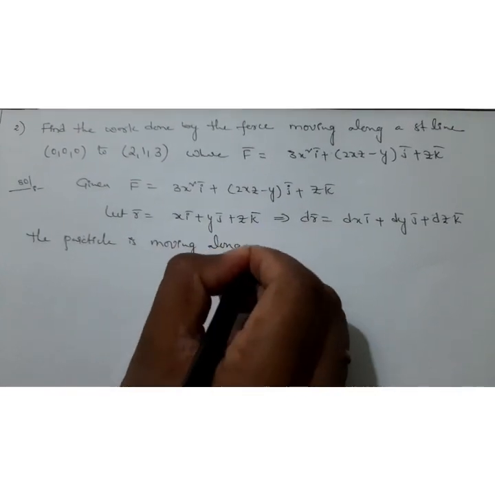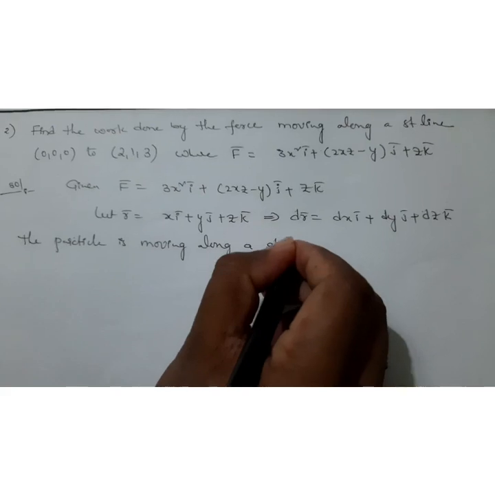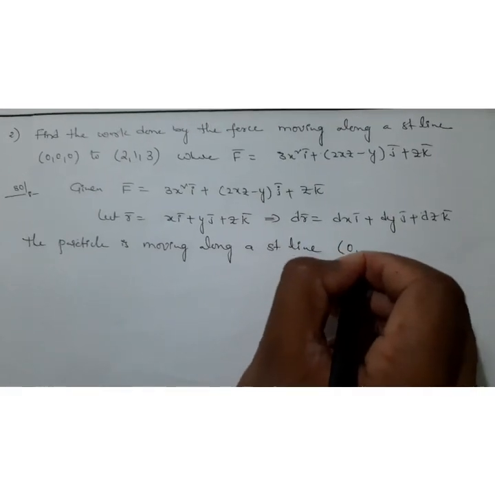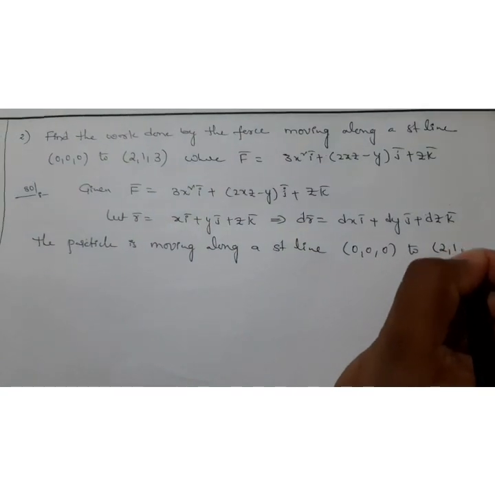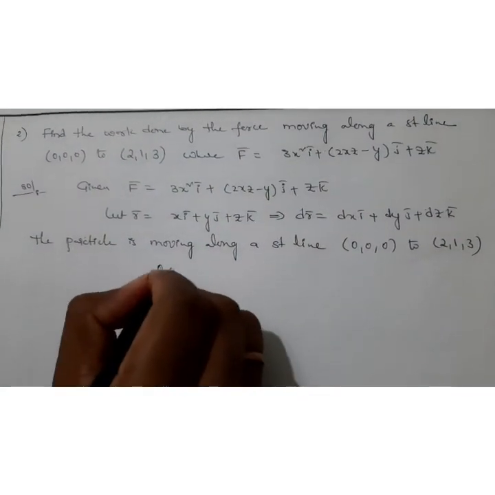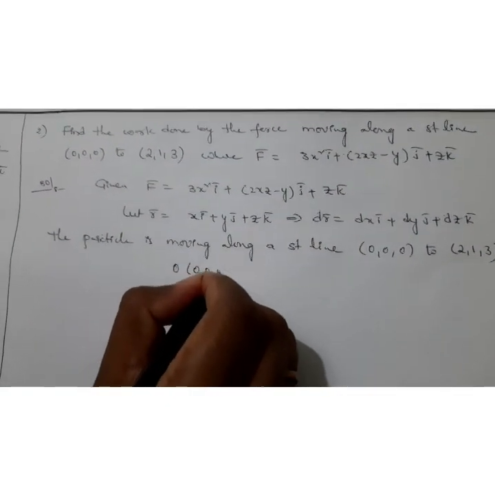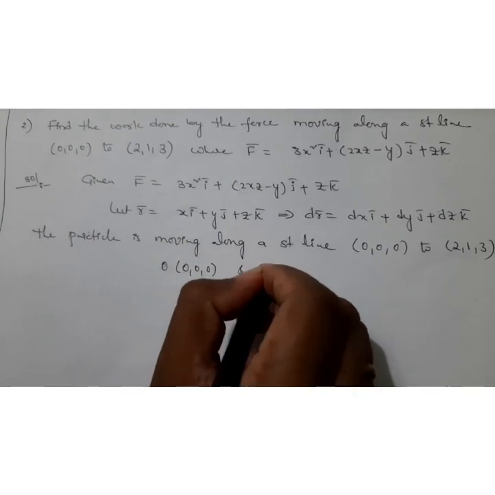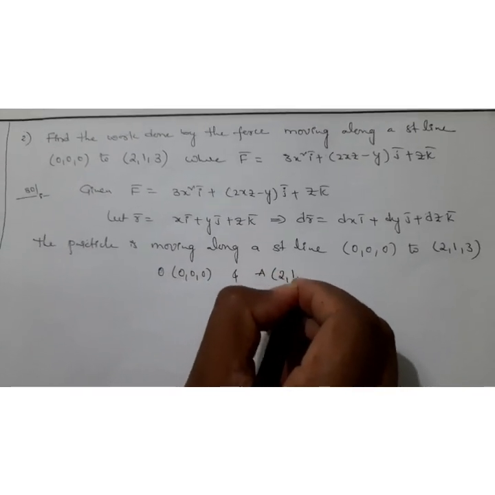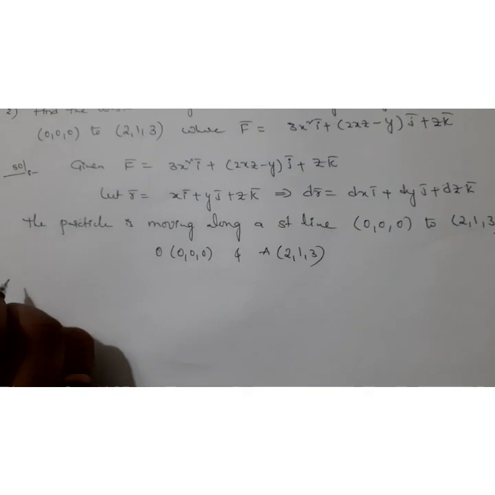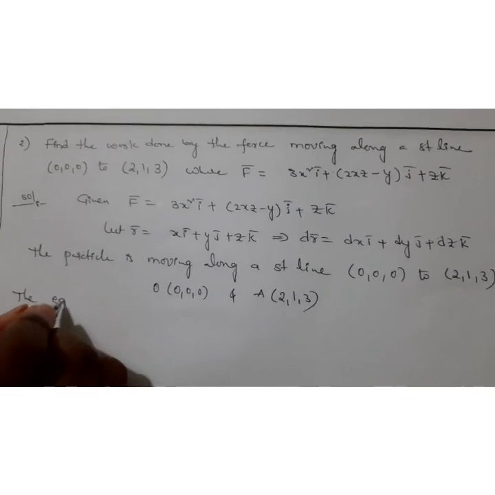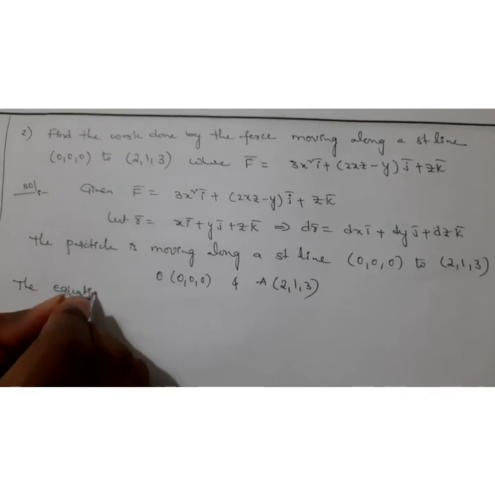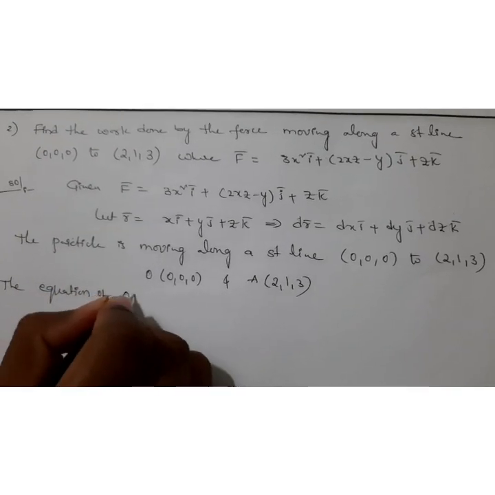Moving along a straight line from 0, 0, 0 to 2, 1, 3. This is O. I am taking the point 0, 0, 0 and capital A of 2, 1, 3. The equation of OA is